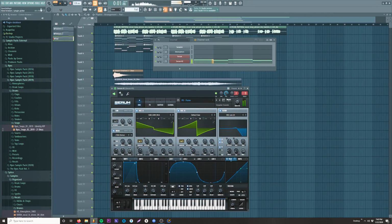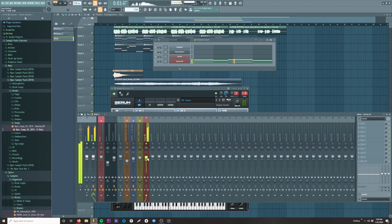See how this sounds. So that actually sounds sick. I like that pad. I'm going to consolidate this quick because, as you can hear, it's messing with my CPU,